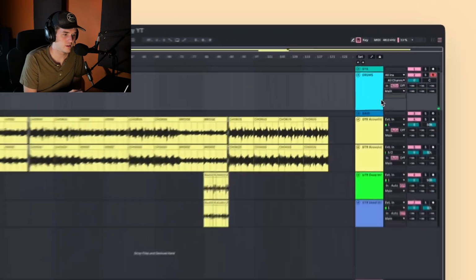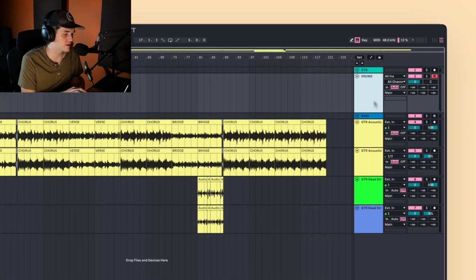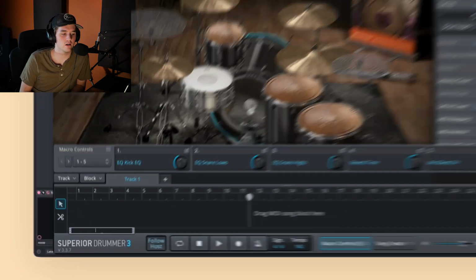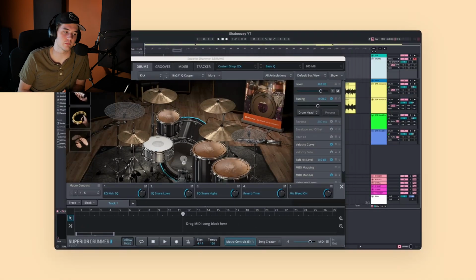All right, we got our drums loaded in. I am going to use Superior Drummer. It's my favorite. I'll probably use a mixture of Superior Drummer and samples, just because we want to have a little more power. It's a little more poppy than just a regular drum kit. We'll layer in some samples with it. But for now, let's get a basic drum part set up.